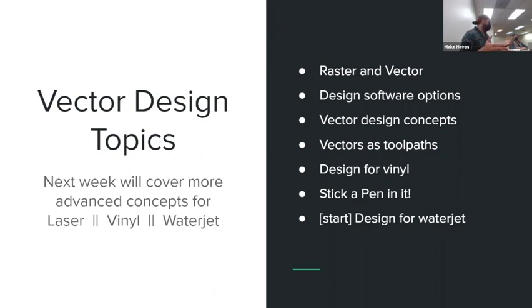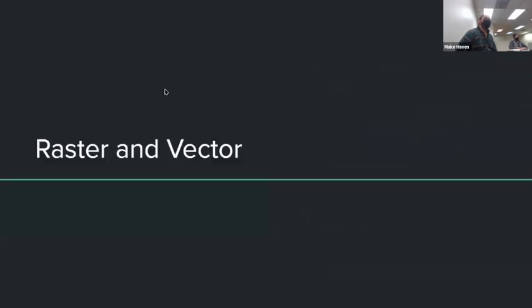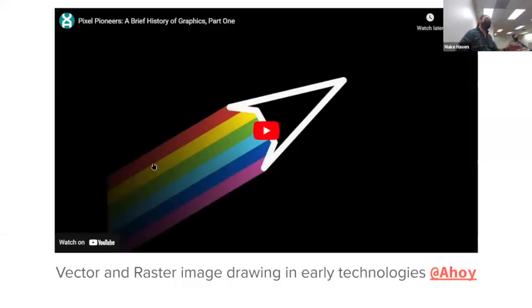I've got a short video segment that I think nicely summarizes some things. Then there are some design software options that we can look at, which we talked about a bit before. Vector design concepts, vectors as tool paths, instead of last time when we talked about them just for images. Then we're going to look at designing for vinyl, how you can do it with a pen, and then how this translates to other machines like the water jet, which we don't really have a week on. We don't want to make everybody do the water jet, but it's a fun one if you want to play with it. So in here for raster and vector, we definitely talked about it,